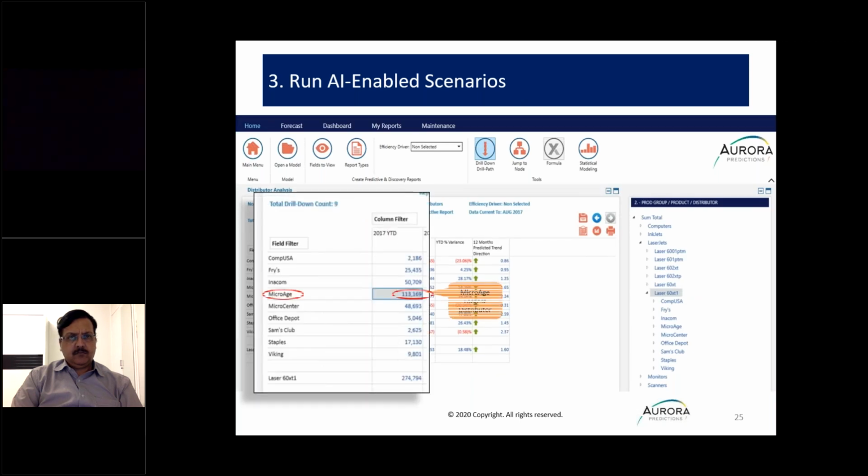And when we drill down into these, let's blow this up, we find that Microage, by far, is our largest distributor, seller of our product, not even close. And so now we want to understand which Microage stores are selling, and we're going to drill down into Microage. But I also want you to remember this. We're going to come back and drill down into Fry's, and that will become apparent in a moment. So we drill down on Microage,